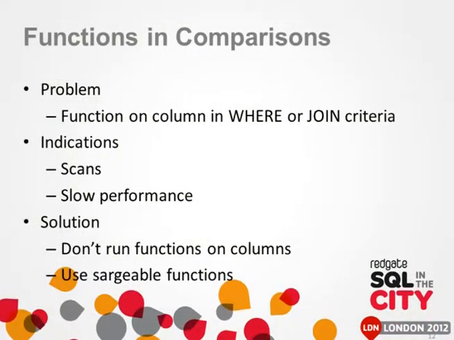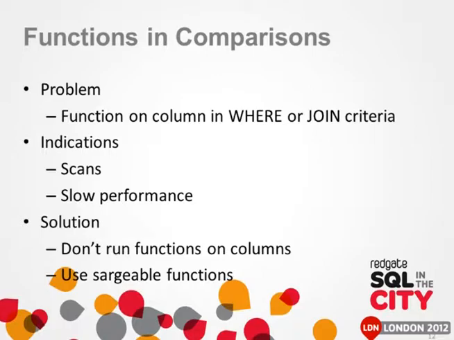It would help, right, to avoid functions in the comparisons. By functions, I mean left, upper, stuff like that. Anytime you do it in the where clause or the join clause, and by the way, for the more old school amongst us, on either side of the equal sign. I've always heard that if you do it on the left side of the equal sign, it's okay, and then I've heard it the other way. No, it doesn't matter. Any function in the where clause or the join criteria, assuming it's not a sargable function, will cause scans, which causes slow performance.